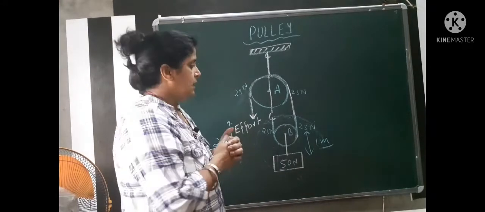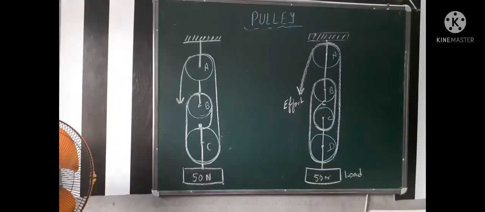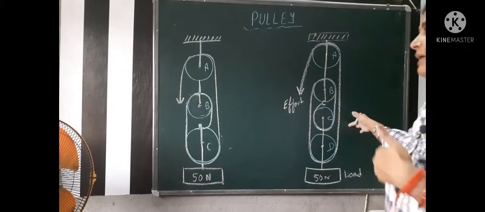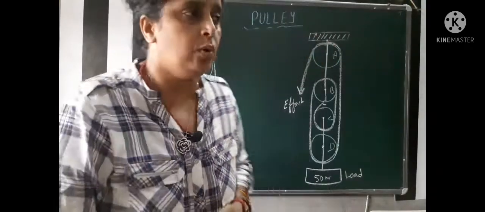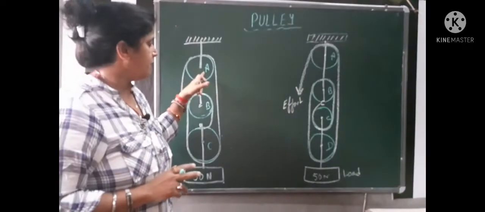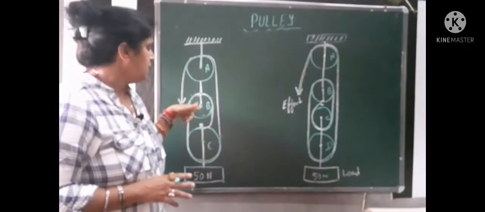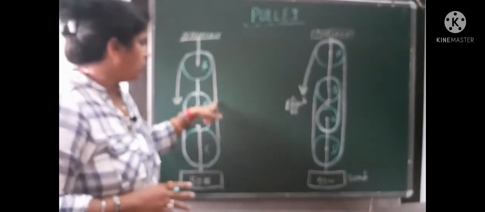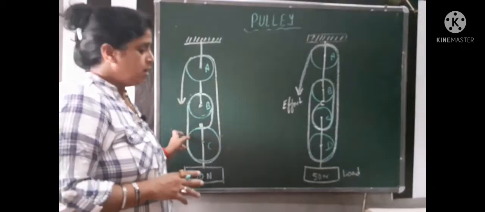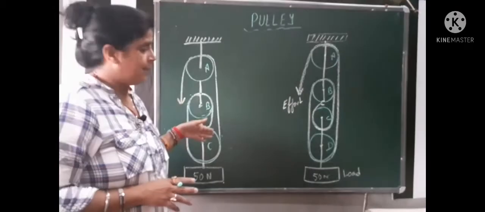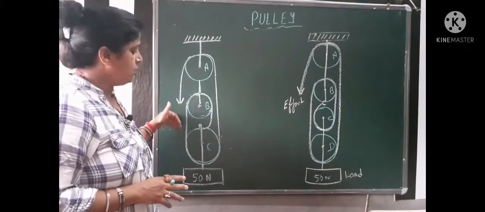Okay children, now we will see the combination of 3 pulleys. Now children, you see that I have drawn the diagram where you will see the combination of 3 pulleys and 4 pulleys. How it will decrease the effort of the person, that we are going to understand. Now see, in the first case there was a single pulley, that was only A. Then in the second case we saw a combination of two pulleys A and B. At first, as 50 Newton weight was there, we needed to apply 50 Newton force in the downward direction to lift it up. In the second case, with a combination of two pulleys, we have to apply half force as effort to lift up this body.